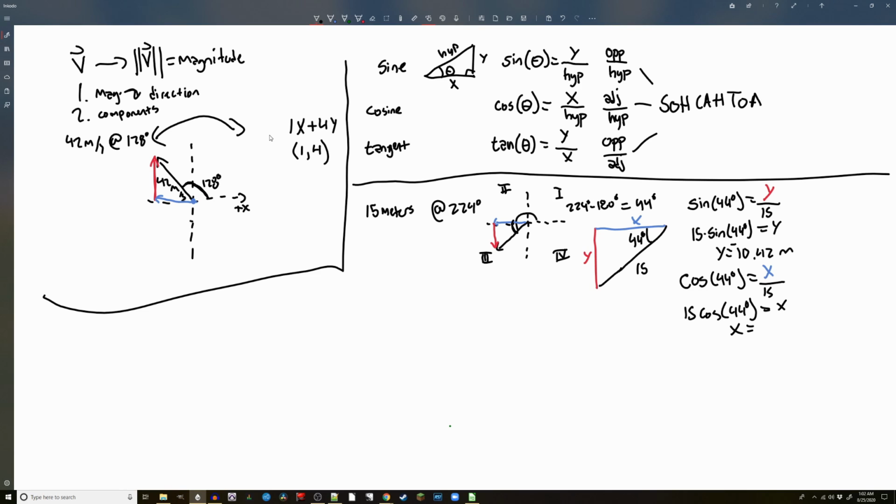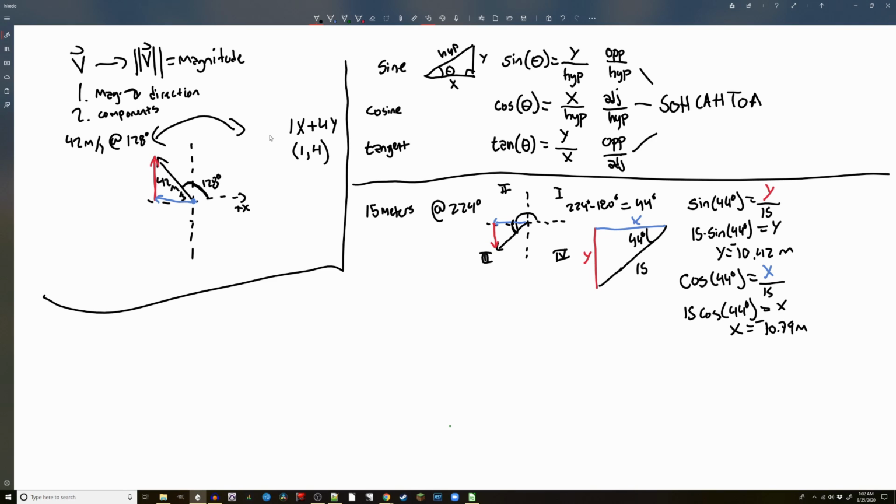So we plug this into our calculator. It should be pretty close to 10.42, since it is indeed almost a 45-degree angle. If it was 45, it would be exactly the same as the y component. I get 10.79 meters. And of course, I'm rounding on both of these to just 2 decimal places. Again, we need to remind ourselves this is a negative 10.79 meters because this x is going in the negative